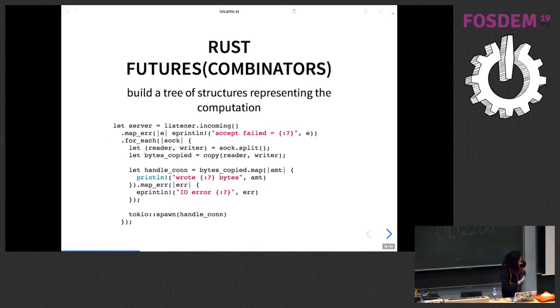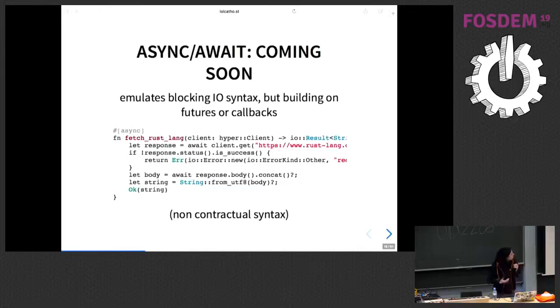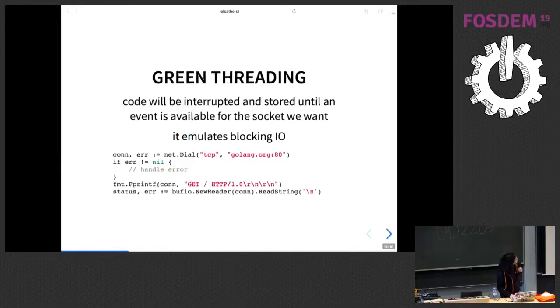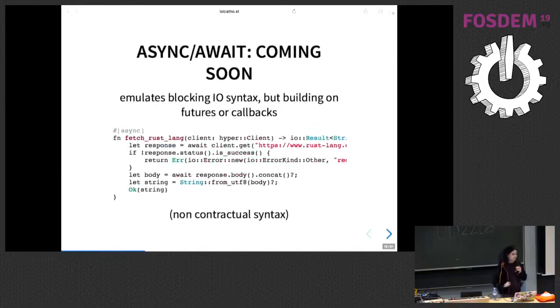It's a bit annoying to write. You have to move stuff around. You have to actually put stuff into mutexes to share state, which has been annoying. So there's been a lot of work to get to a better syntax by reusing the same futures system in an async await syntax, using the await keyword to do basically what we were doing in Go there. So this will be nice to use once they agree on the syntax.